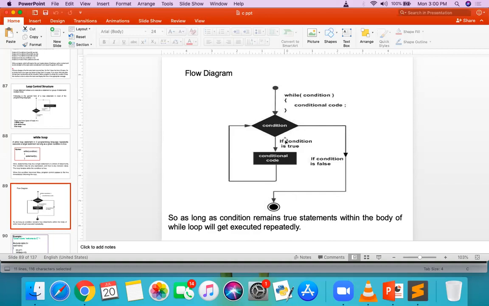So the question is: how many times minimum does the while loop execute? Zero times. Minimum zero times. And what is the maximum number of times the while loop executes? Infinite. If you write a condition which never becomes false, that loop is called an infinite loop.